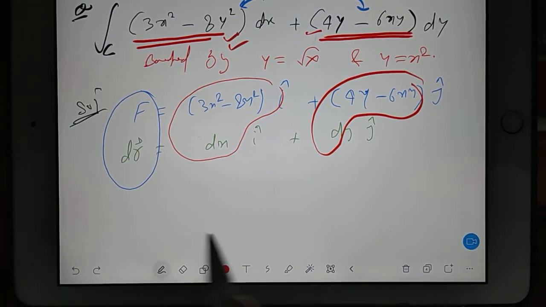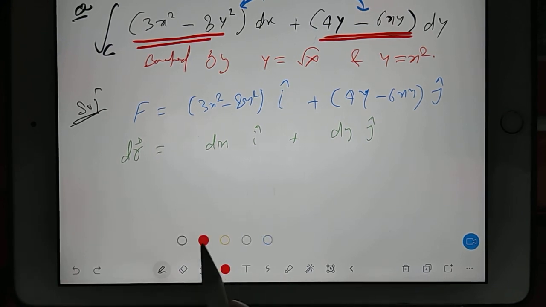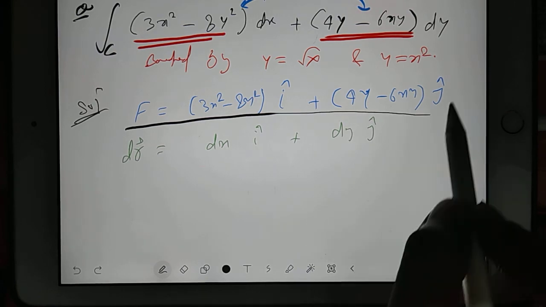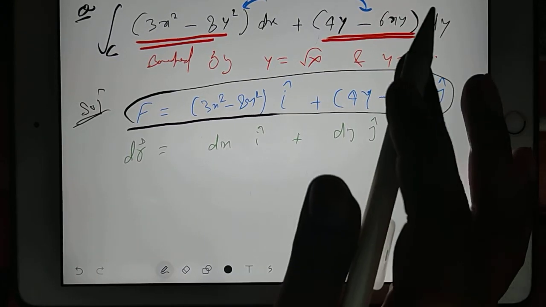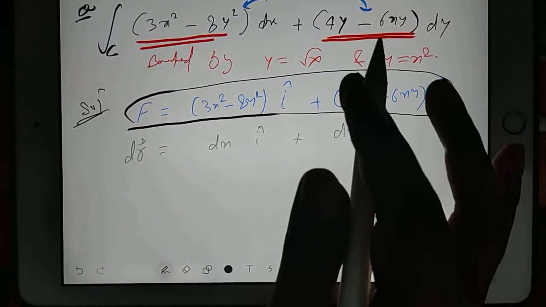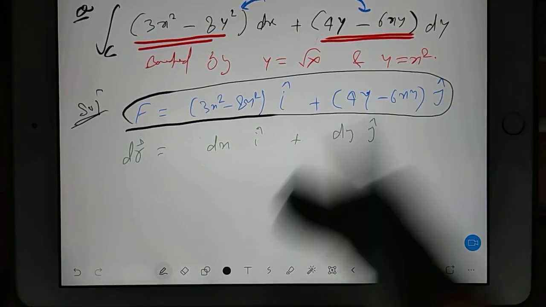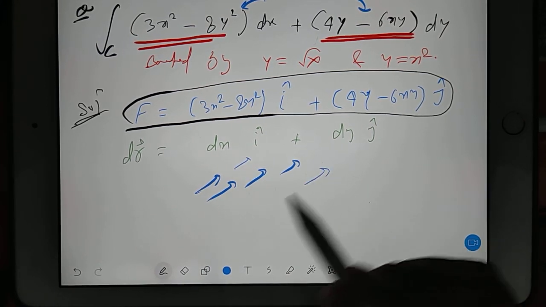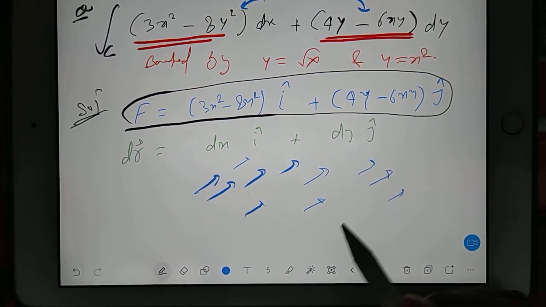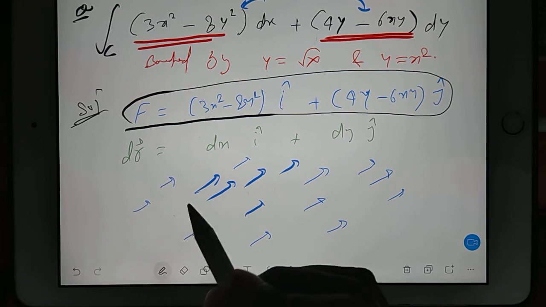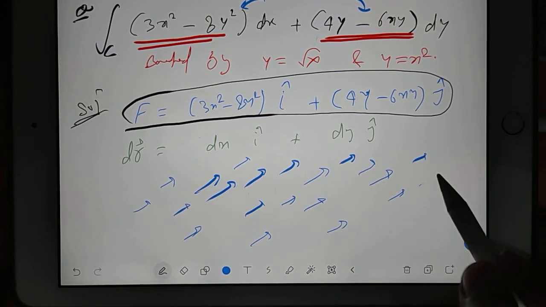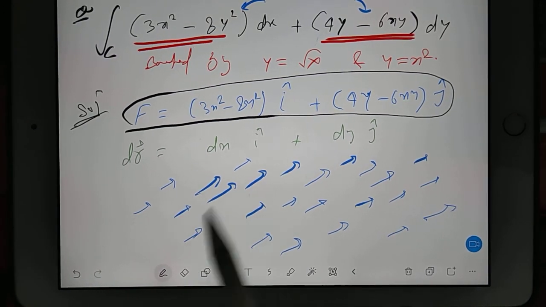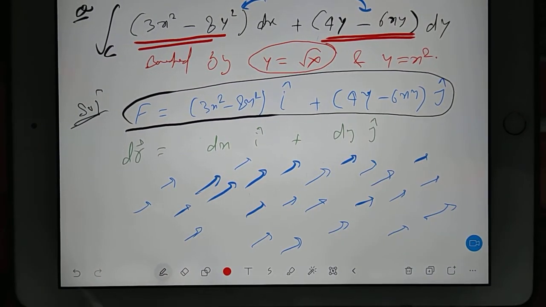Now one thing is clear, that there is a vector field like this, but we are not discussing the vector field, we are discussing Green's theorem. But I want to say something. Suppose there is a vector field, an entire field, distributed everywhere. You can consider, for example, an electromagnetic wave, electric field, magnetic field; they are vector quantities, right? Now there is one curve which is y equals under root x.